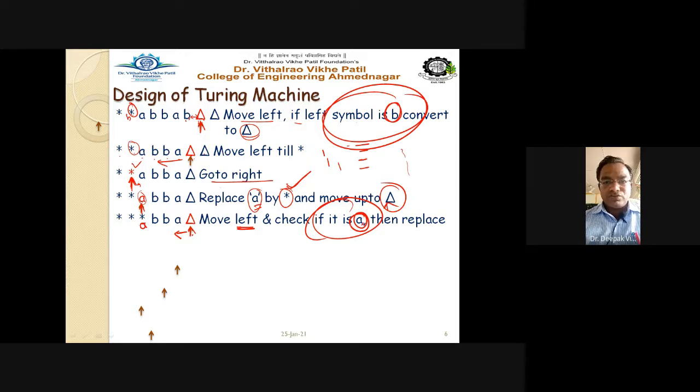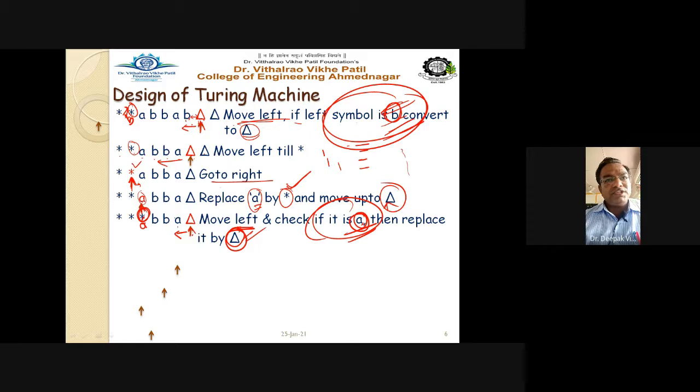So see carefully how the logic is to be applied. Here move to the left, and we have to check for B here, but here you have to check for small a. Why are we checking B here? Because this B is converted into the star, but here A is converted into this particular star symbol. So accordingly, its corresponding B or its corresponding A, we have to search here, and if it is found, only then we replace it by the capital delta sign. If it is not there, we are not going to replace it by this capital delta sign.